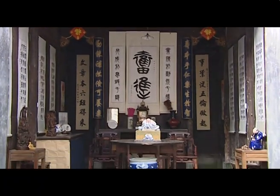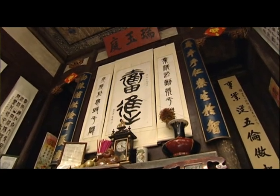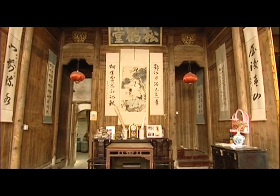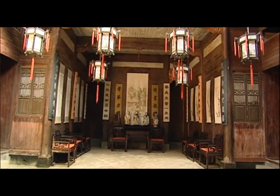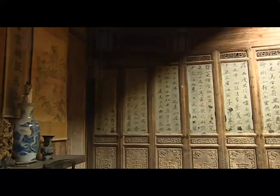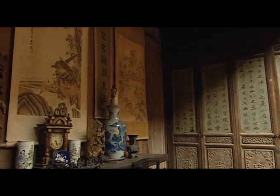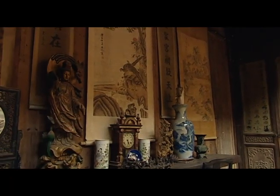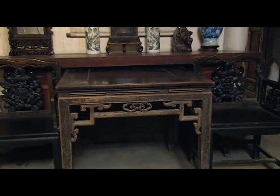The most elaborately decorated place is the hall. This wall is called screen wall, which divides the hall into two parts. The exterior hall is for guest meeting. The interior hall is the meeting place for a gathering of female family members. Usually pictures with auspicious meaning are put on this wall, and in time of family sacrificial rituals, ancestors' pictures would be put on. Under the scroll there's a desk with a clock in the middle and a pair of